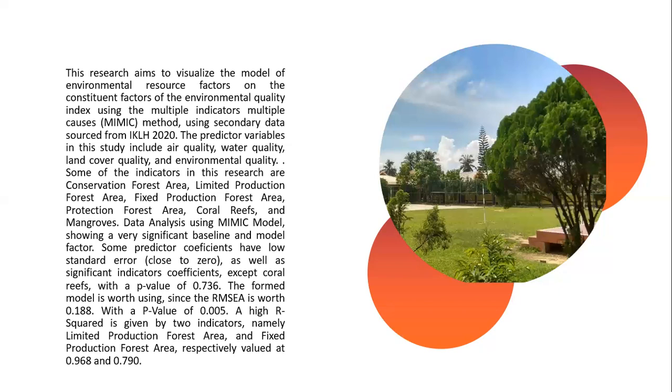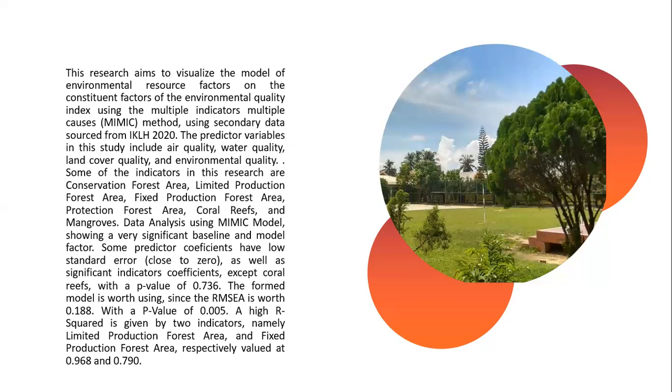Some predictor coefficients have low standard error and are close to zero, as well as significant indicator coefficients, except coral reefs with a p-value of 0.736. The model is worth using since the RMSEA is 0.188 with a p-value of 0.005. A high R square is given by two indicators, namely limited production forest area and fixed production forest area,